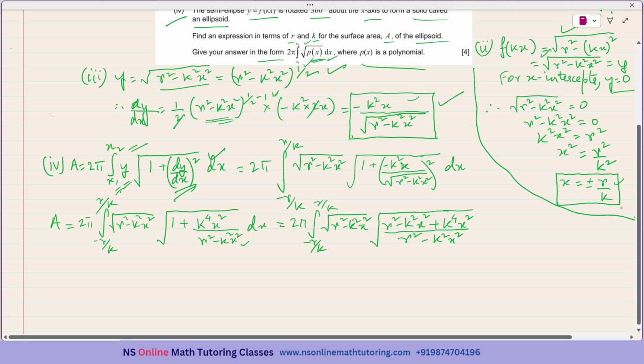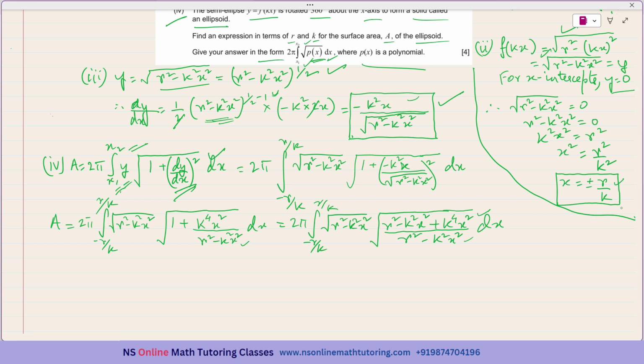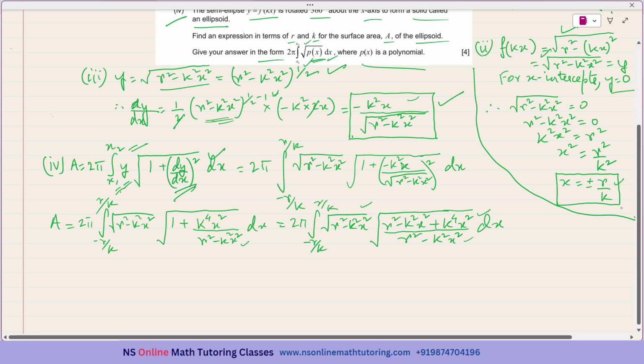And I could have separated these square roots. I could have written the square root of the numerator and the square root of the denominator separately. And of course, we are having this dx. But I have taken the single square root, doesn't matter. The denominator is square root of r square minus k square x square. And over here in the numerator, we are having square root of r square minus k square x square. So these two can get cancelled. Okay. So we are having a equal to 2 pi